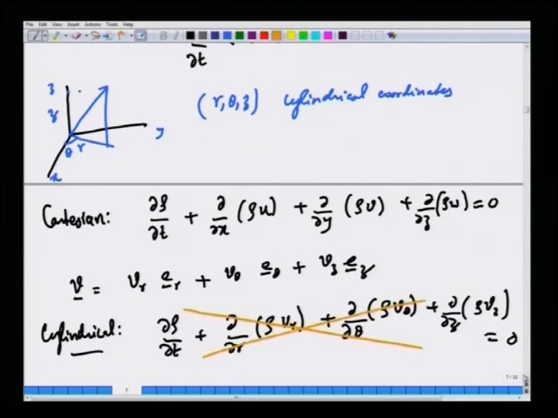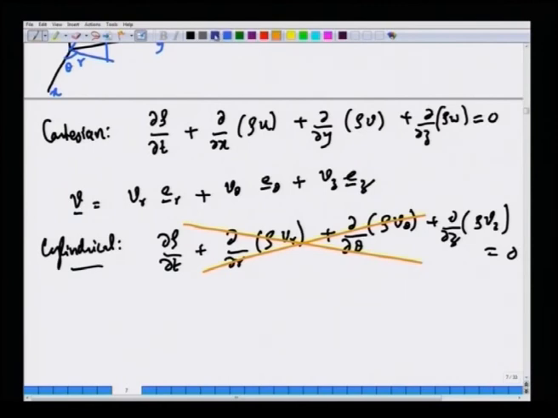because, for the first reason, such a straightforward extension of the Cartesian continuity equation to cylindrical coordinates is not even dimensionally consistent, because theta is an angle variable. Theta has no dimensions, it does not have dimensions of length, whereas r and z have dimensions of length. So clearly you cannot readily extend this to other coordinate systems such as cylindrical and spherical coordinate systems. A more fundamental reason is that if I look at the abstract form,